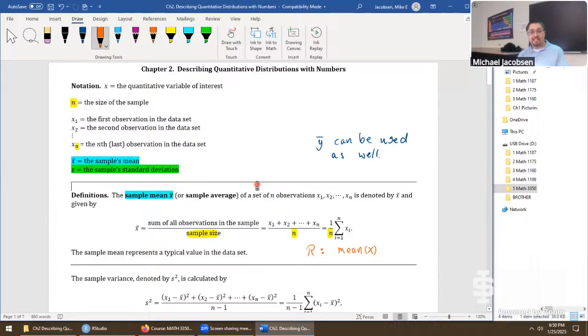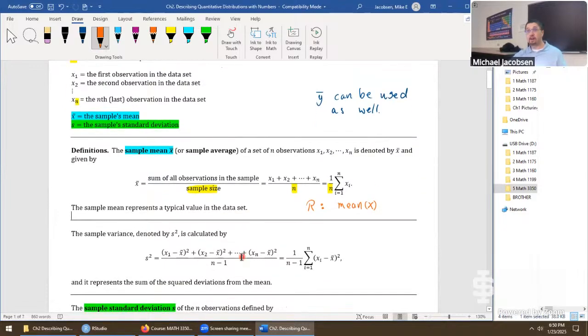But the center of the data is never the full story. We also have to know how spread out it is. And that gets a little bit more complicated. We do this operation. It says down here, the variance S squared represents the sum of squared deviations from the mean. Let's take a look at what it's doing really. If x bar is the sample mean, and you want to calculate variance S squared, we go to every single observation, find out how far x1 is away from its center, square that.